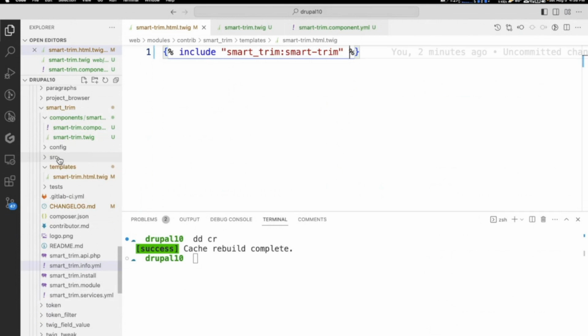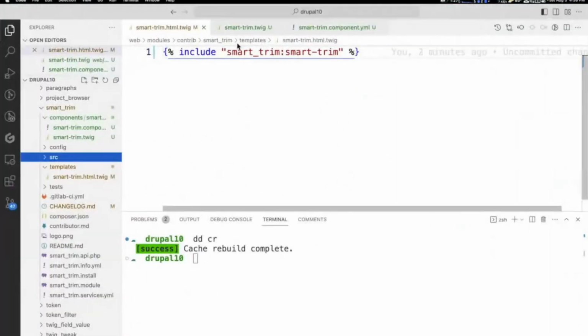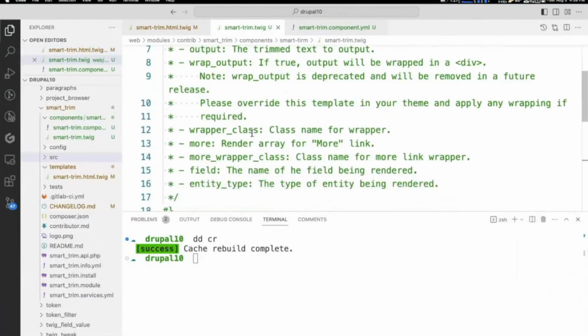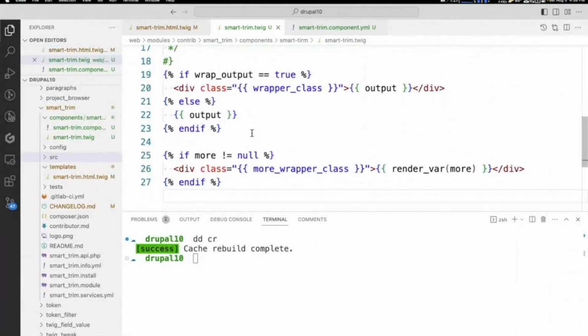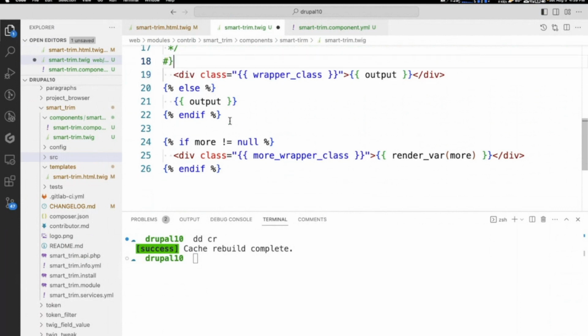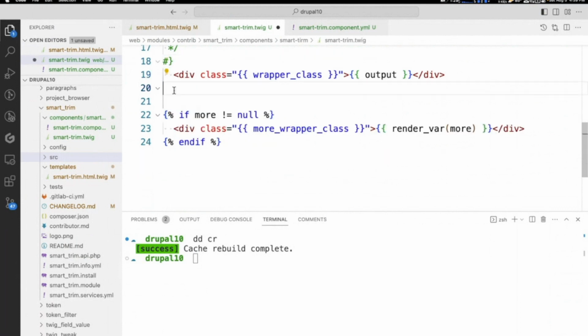You'll notice that we do have no CSS in there, so what I can do is make a quick change to the smart trim in here. Instead of having the wrapper output true and all that stuff, we're just going to do this portion here, the div class equals wrapper class, which we don't have defined, and output.